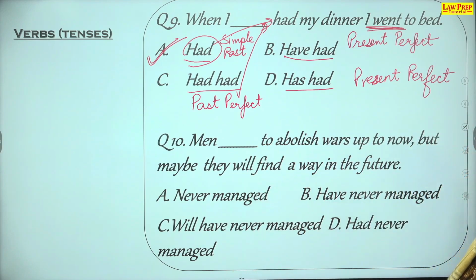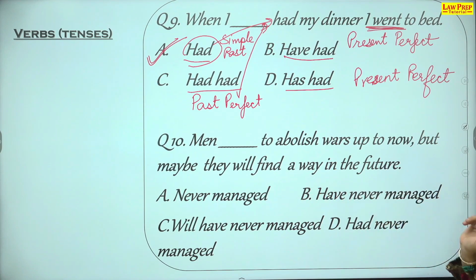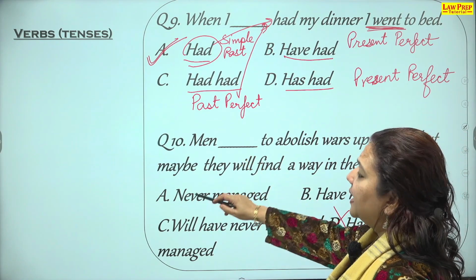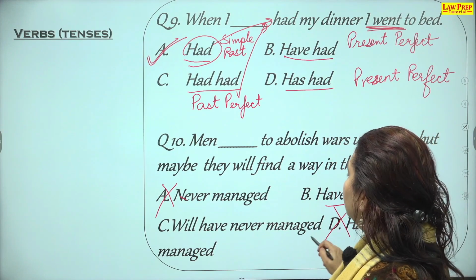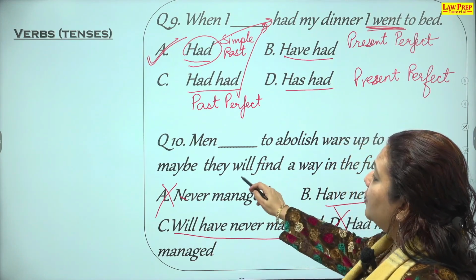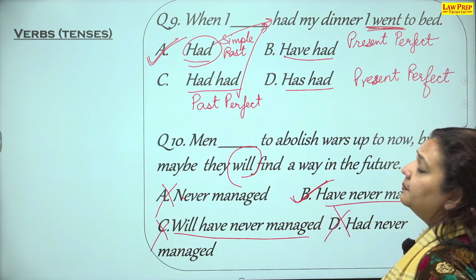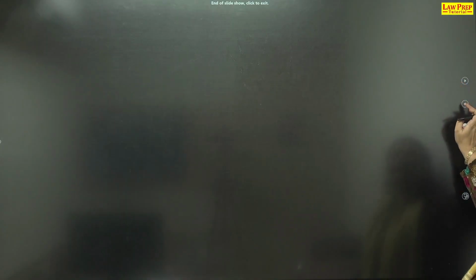ओके। 10th question. Men dash to abolish wars up to now, but maybe they will find a way in the future. Now, this sentence is in present tense. You can see it clearly. So we cannot have the sentence in past tense. अब men के साथ helping verb यहाँ पे है ही नहीं, so can't be used here. Now we have never managed, will have never managed. Now there is already a will here, so we can't have a second will here. Present perfect tense is used. Men have never managed. आपको मैं क्वेश्चंस एक बार दिखा देती हूँ सारे 10।